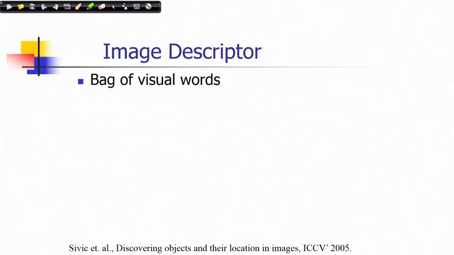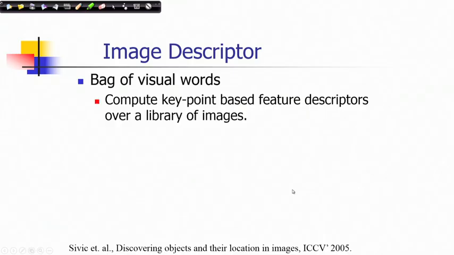So, bag of visual words. In this representation, first we compute the key point based feature descriptors over a library of images. So, in this case we need to construct visual words from a set of images and use those visual words. It is a kind of dictionary, a dictionary in terms of visual words, and then we describe any image using those visual words, whether they are present in the image or not,